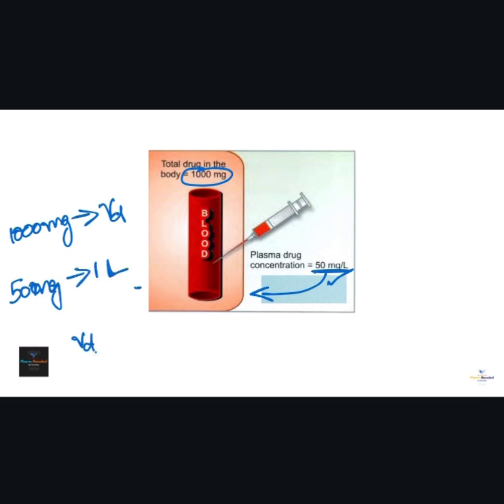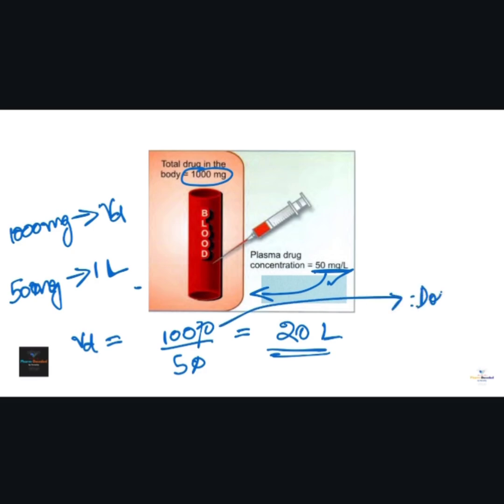So volume of distribution is equal to 1000 by 50, which equals 20 liters. So 1000 is the dose of drug administered, and 50 is the plasma